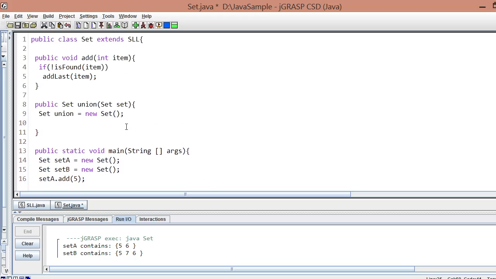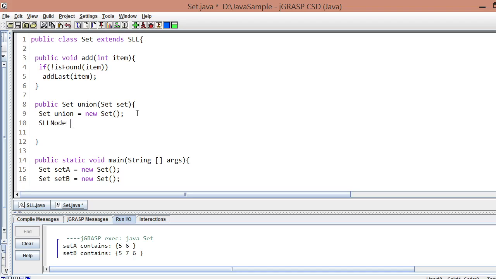So when we are here in our method union, when we add the elements of the calling object, this is what we're going to do. Let's use the class SLL node, and then declare P as our SLL node, because diba our linked list has nodes man, and the class that is responsible for the creation of nodes is the SLL node.